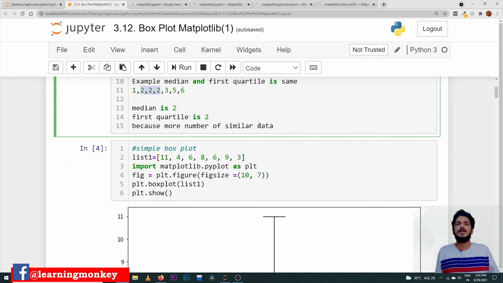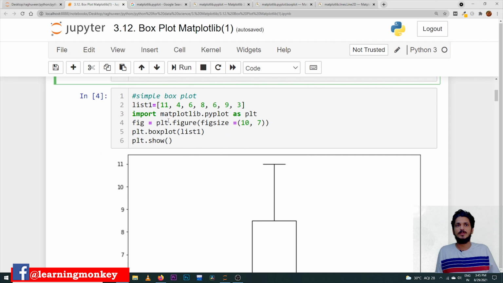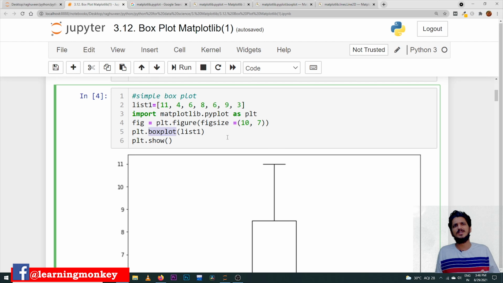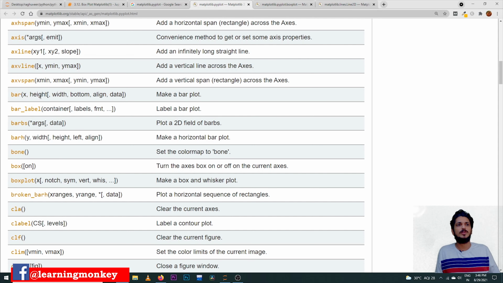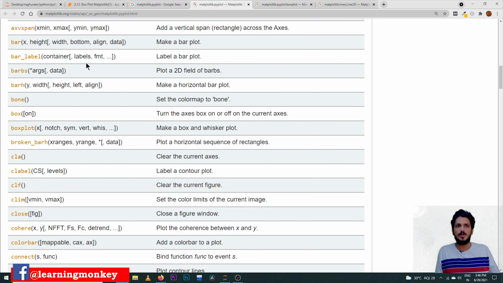The same example will be considered. After that, we will take our data set and understand in which situations we will use box plots. So this is the example. We considered matplotlib.pyplot as plt. In order to construct the box plot, the function boxplot is present in the module matplotlib.pyplot. We discussed this package and we have seen the functions. Let me show you, these are the functions present in matplotlib.pyplot. In this we are considering boxplot. Using this function we can construct the box plot.